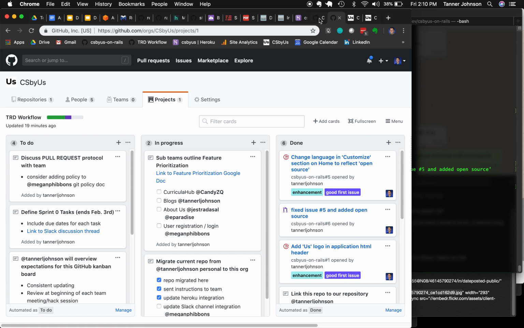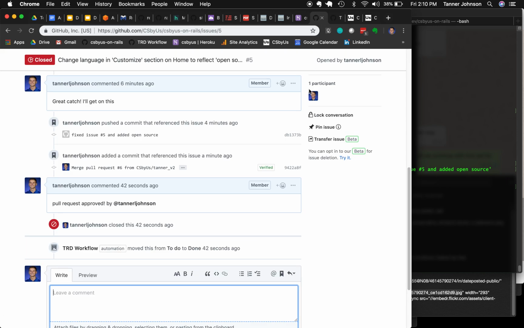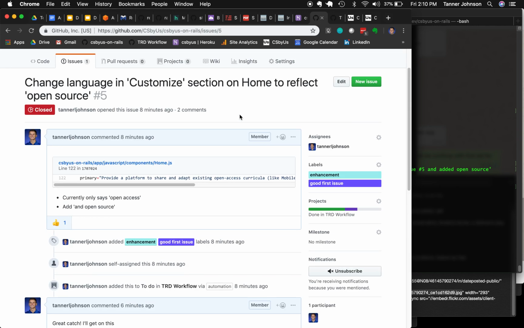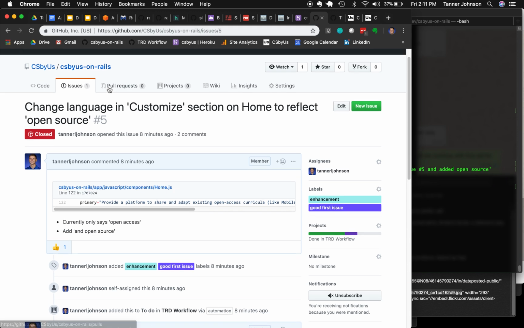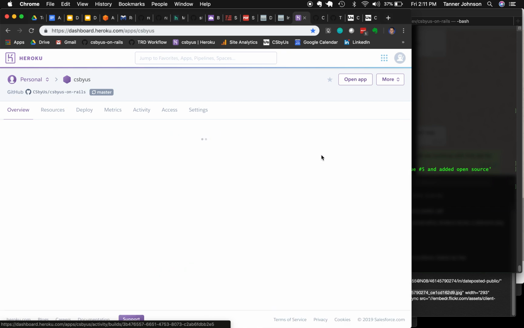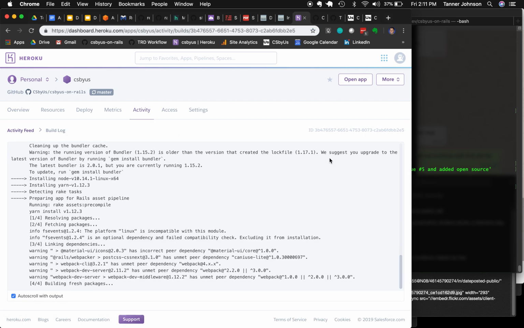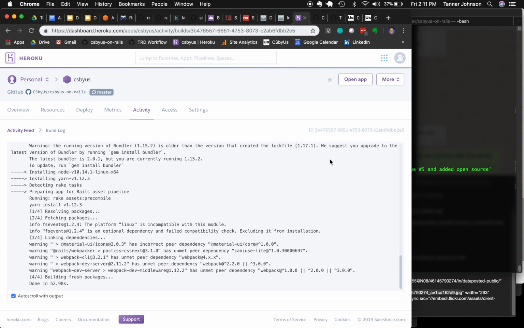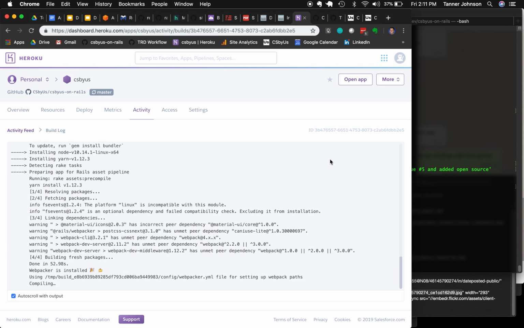And the cool thing here now is that we were talking about integrations with Heroku before. What Heroku does is it listens for changes to master. Well, we just merged to master. So now Heroku, if you go to our Heroku app, you'll see that it's got a build in progress because it was listening to that master branch on our organization's GitHub account. So if we go to this build message, what this is doing is it's taking those changes that we merged from Tanner v2 into master. It's building, it's making sure everything's built correctly. We'll add more tests to this later on, but once it passes all those checks, then it's going to deploy